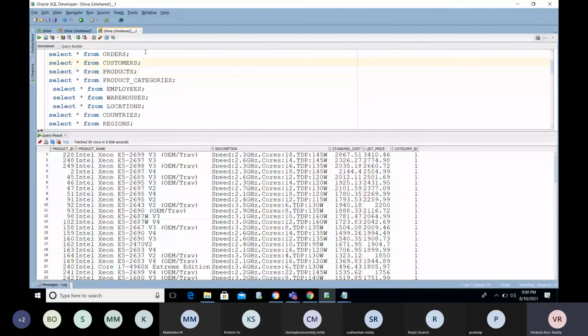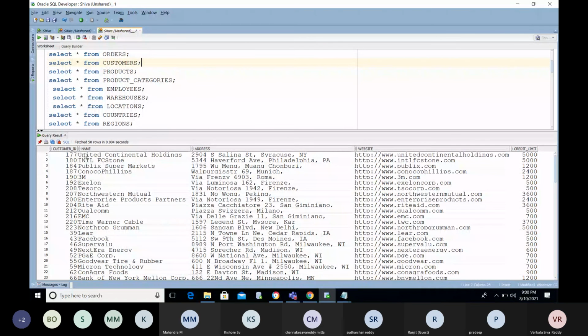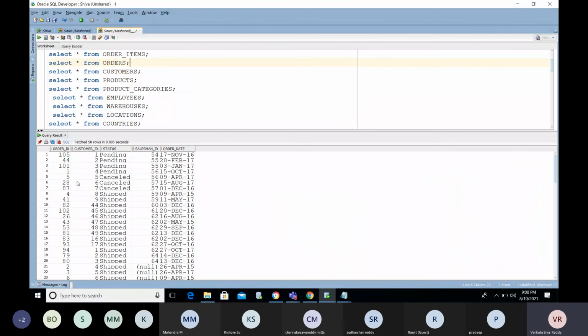Okay, customers: customer name, customer ID, address. Okay, orders. In the order table, you will get only the order ID and who placed that order, that is the customer ID, the order status, and the salesman ID. So this is called the employee ID.